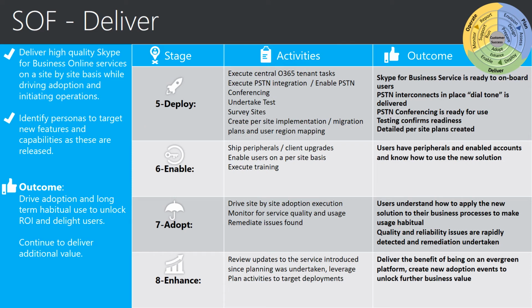So let's move into deliver. We move into the deliver phase, which is made up of the 4 stages of deploy, enable, adopt, and enhance. So we focus on getting the central tenant changes implemented first. So getting those configurations set up, enabling capabilities, enabling licensing, and then getting the site-by-site preparation tasks in motion in